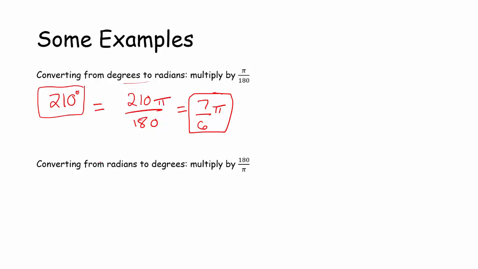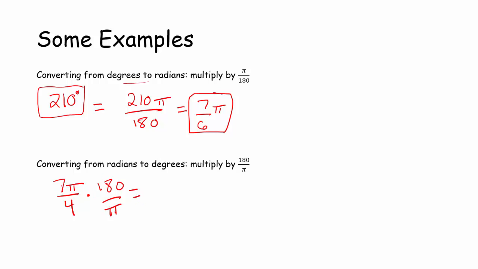So let's try converting from radians to degrees, try an example of that. So let's say I had an angle like, let's say my angle was, how about 7 pi over 4? 7 pi over 4 radians, and I want to know how many degrees that is. So I can just multiply that by 180 over pi,